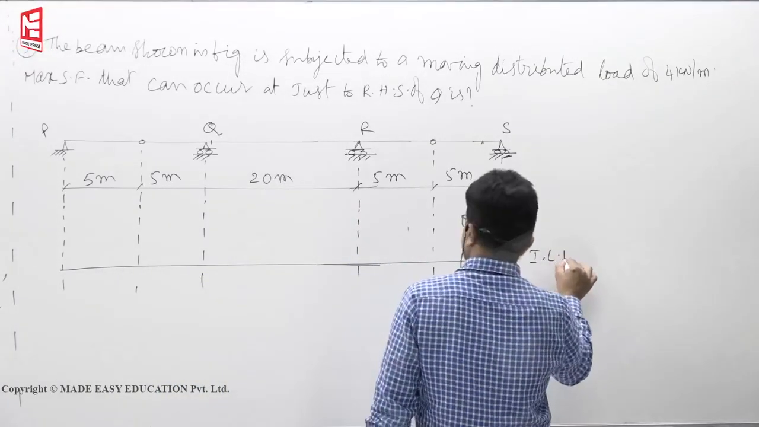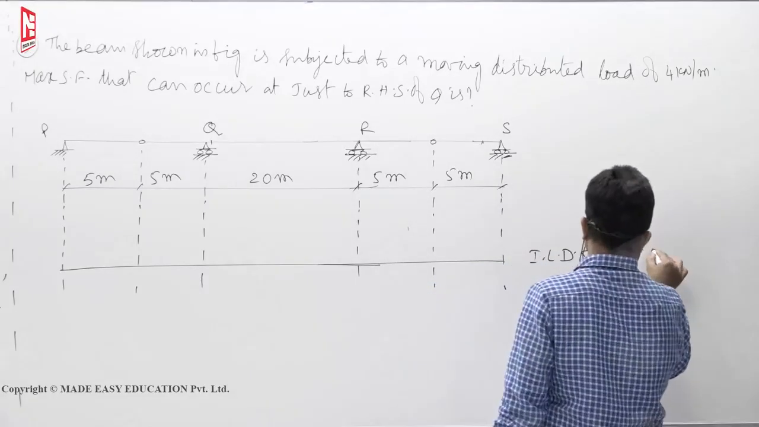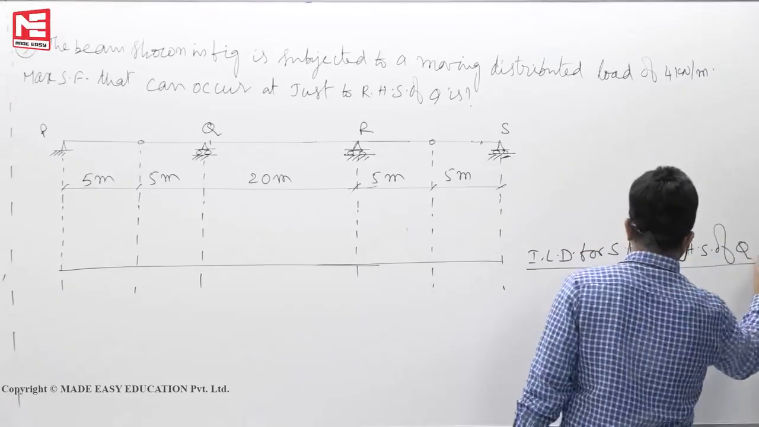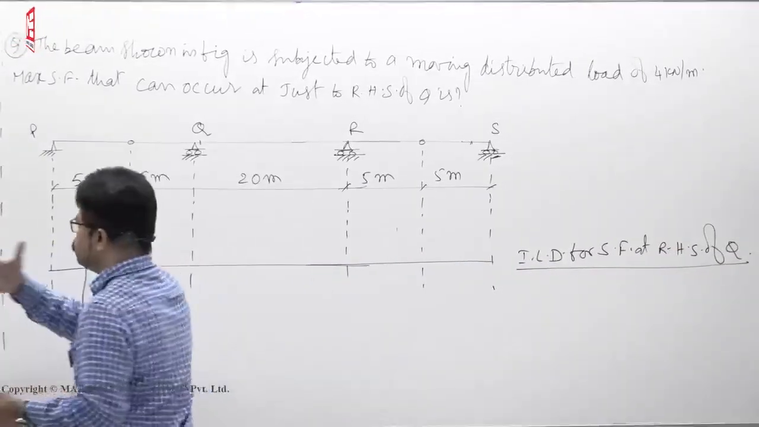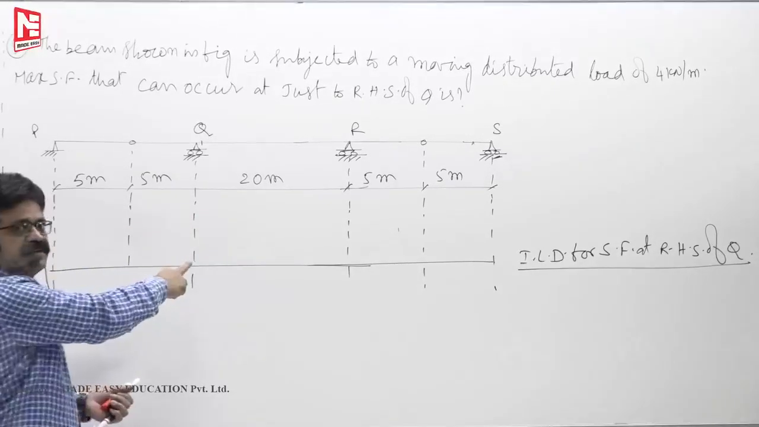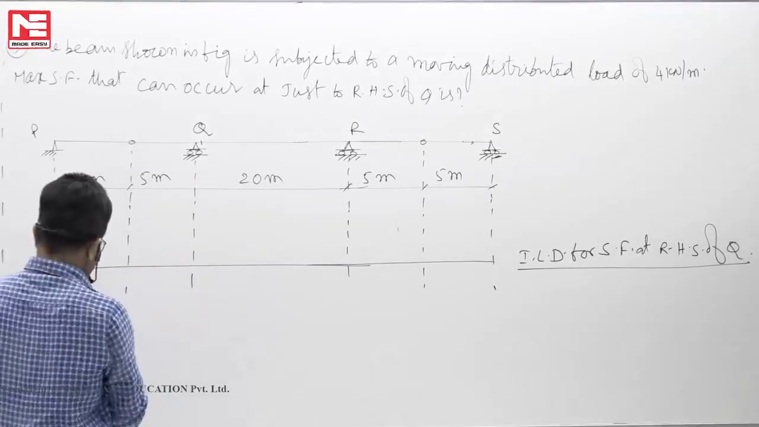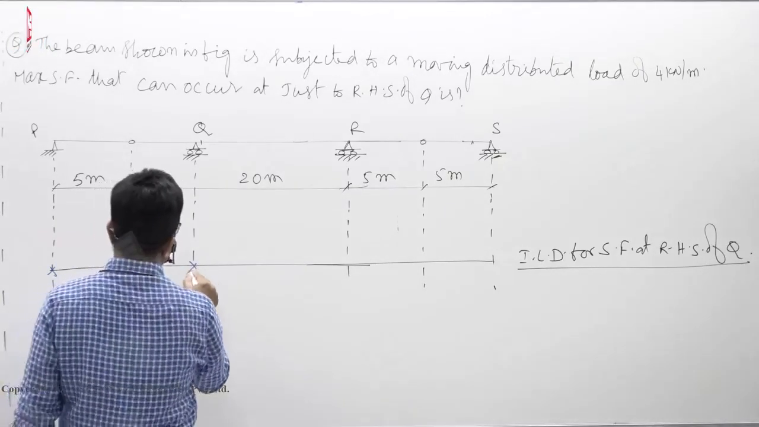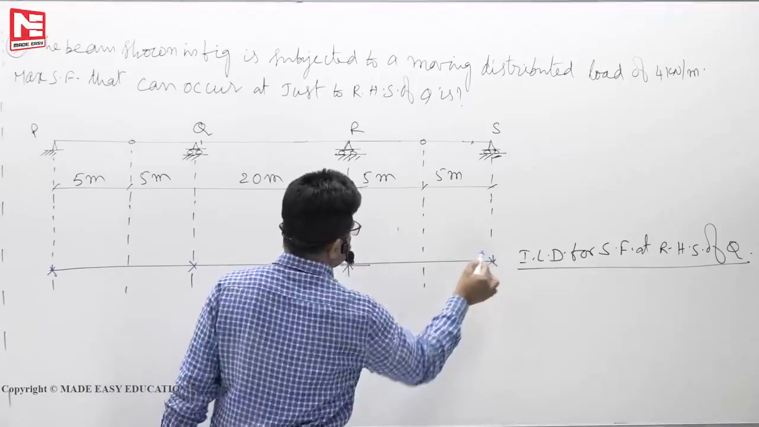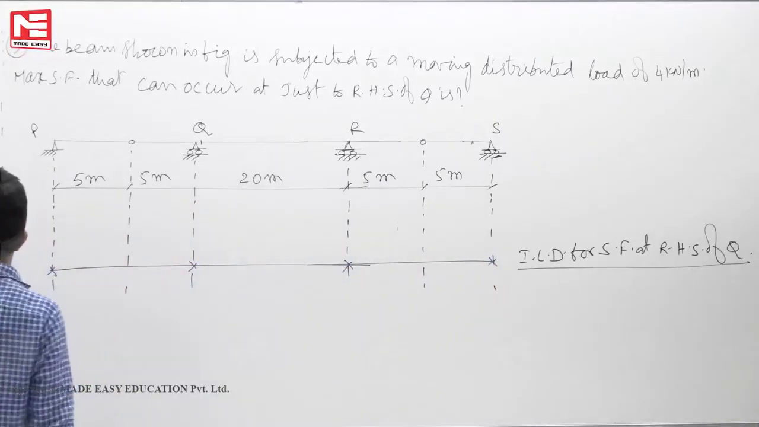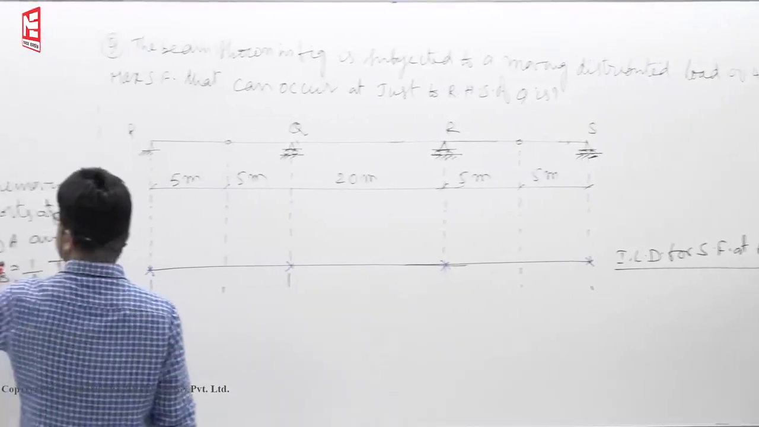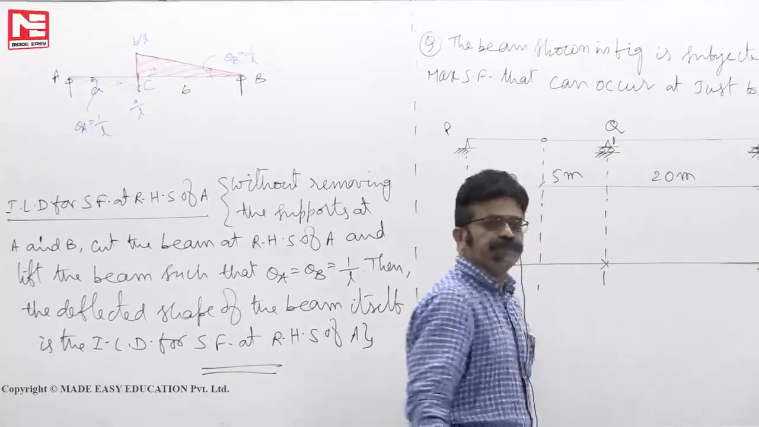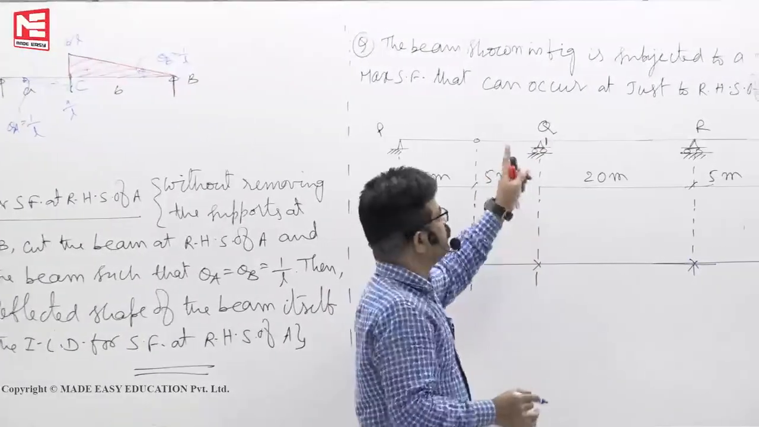This is the ILD for shear force at RHS of Q. I will read the same thing now, without removing the supports at PQRS, that means 4 control points. Don't remove the supports at P, Q, R, S. Without removing the supports at PQRS, cut the beam at RHS of Q and lift the beam such that theta Q is equal to